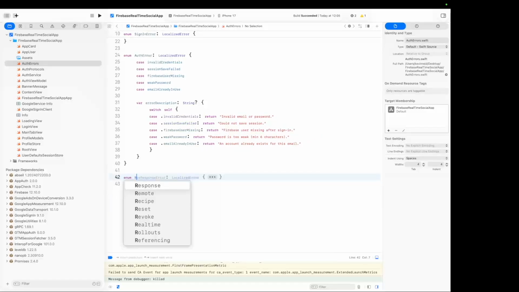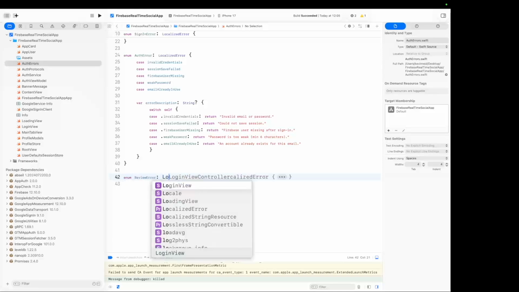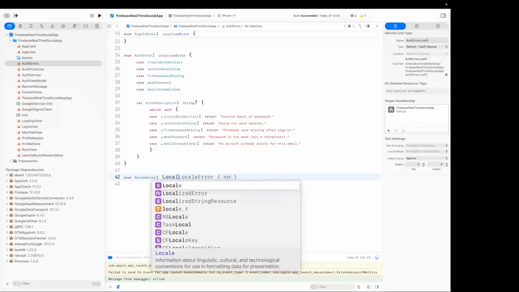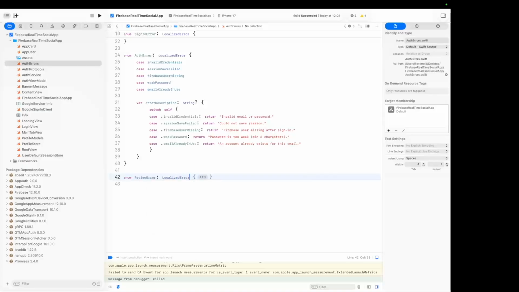Enum ReviewErrorLocalized, LocalizedError with the following cases: cannotReviewOwnProfile, invalidRating,